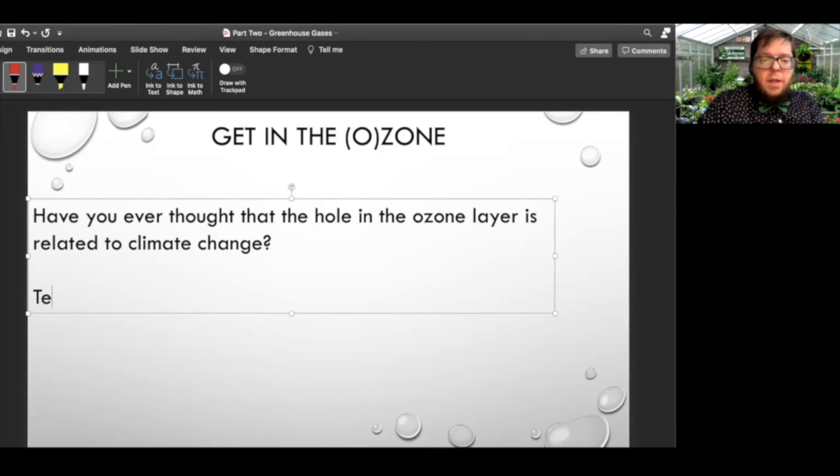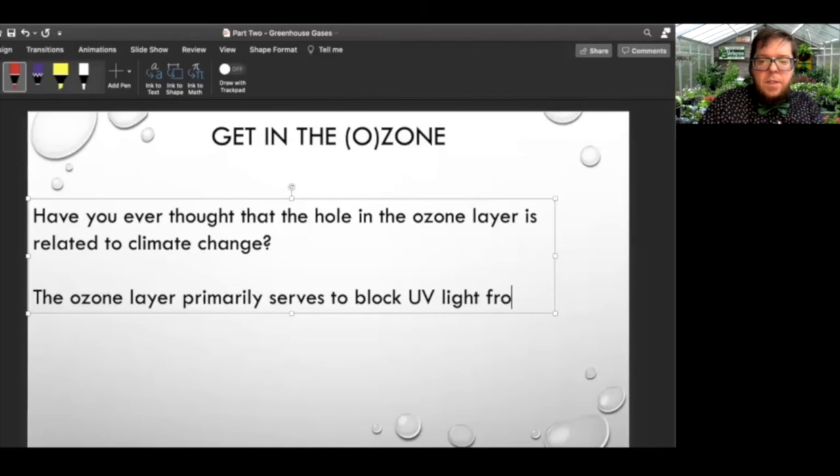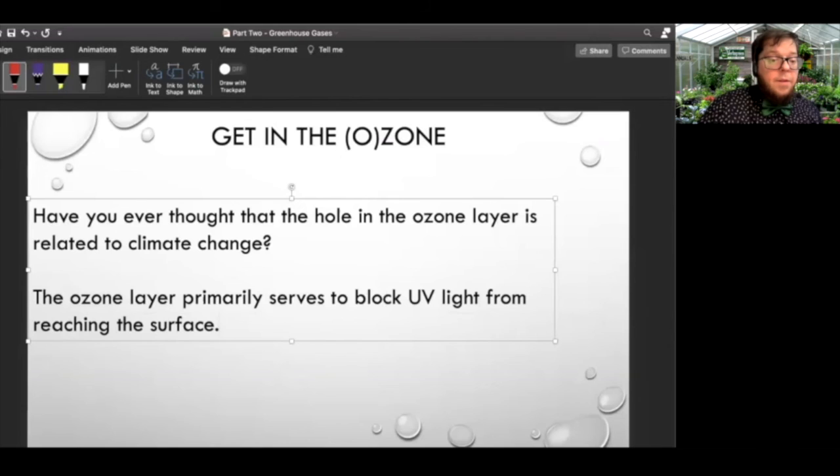The ozone layer primarily serves to block UV light from reaching the surface, right? Again, without the ozone layer, life on this planet would be very, very different. Life would have had to evolve to the pressure of having ultraviolet radiation all the time. So there was and still is a hole in the ozone layer,